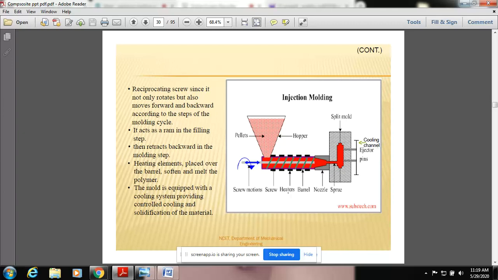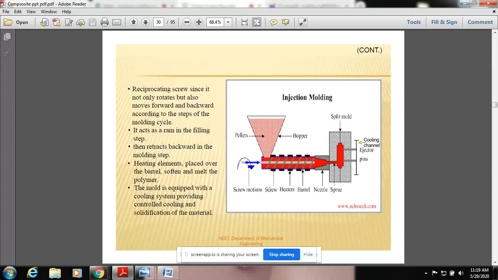Now here, you may ask, sir, what kind of fibers can be used, only particulates or short fibers, or can you go for continuous? No, we can't go for continuous. What happens if you use continuous fibers here? As soon as they come into contact with the screw, they start to break, and the continuous fiber becomes discontinuous. Then there is no use of the continuous fiber. That was another parameter. And one more thing, the heater temperature. The heater temperature depends upon what kind of resin and what kind of fibers you are using.